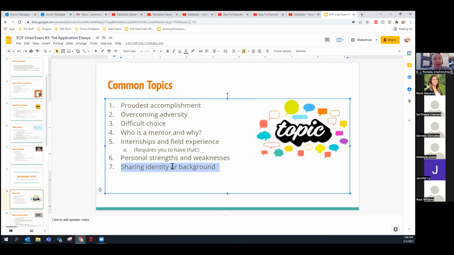And then finally, something about your identity or your background that maybe you are proud of or that you would like to share. What is very important about, maybe like number 2, number 6, and number 7, is if you are sharing about your identity or your background, make sure that you keep the focus on you. You use I statements. You want to be very careful about making broad generalizations about a certain culture or a certain demographic, because as you'll see later on in the things to avoid slide, you never know who the reader is, right? You want to keep that in mind.